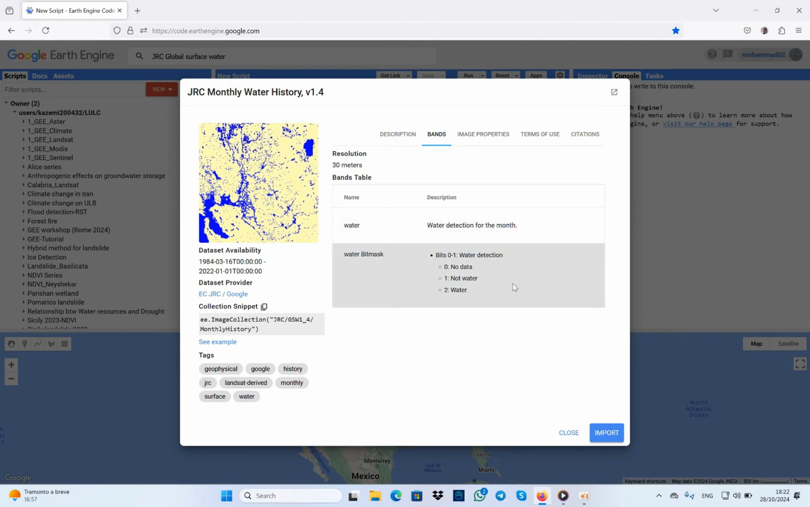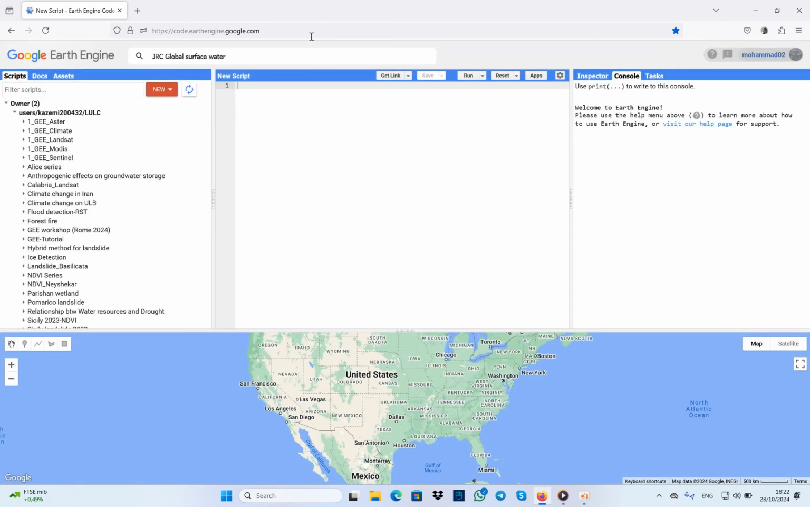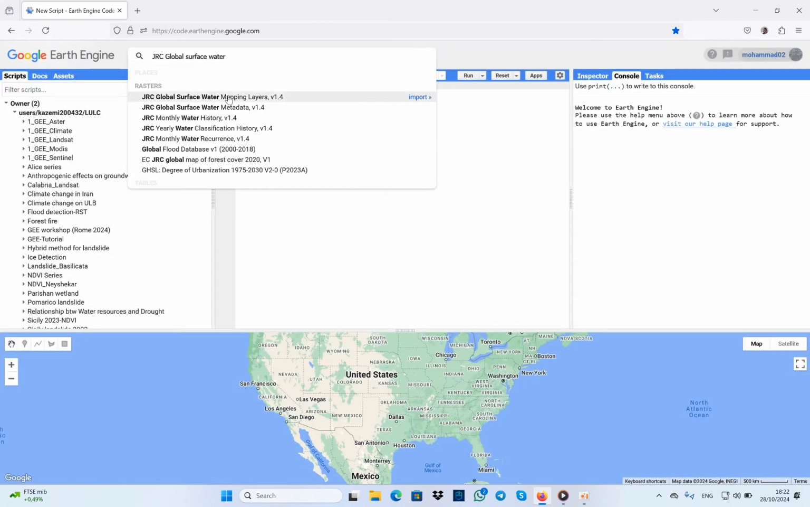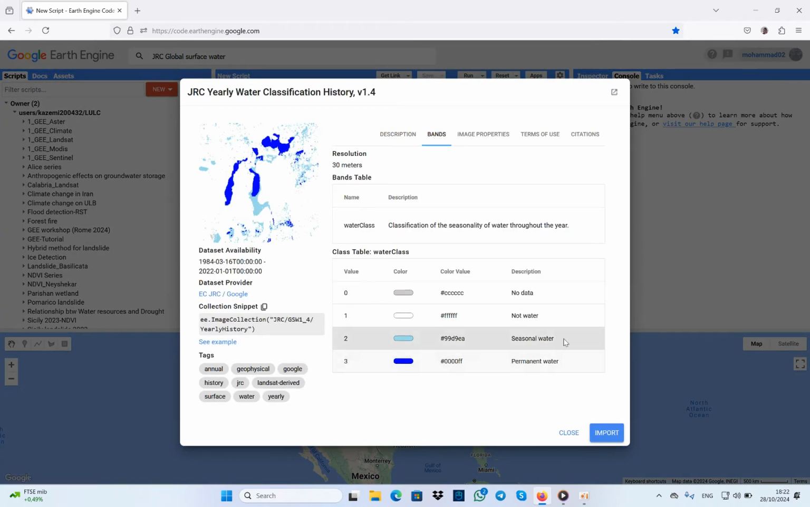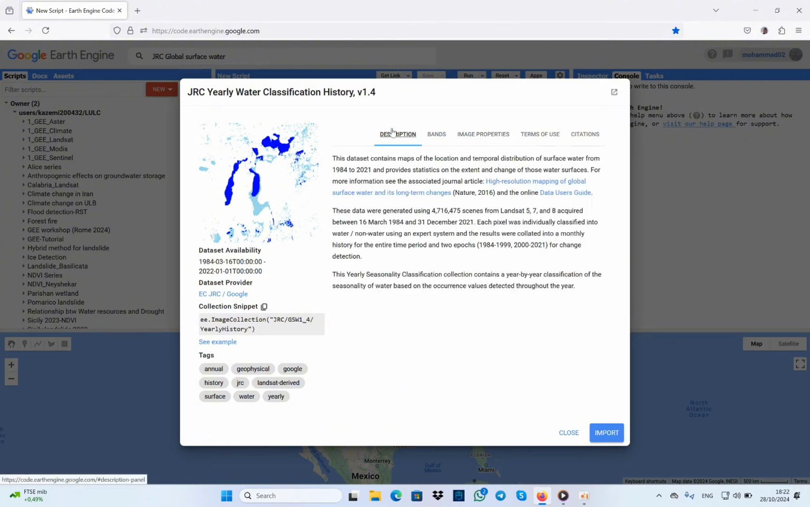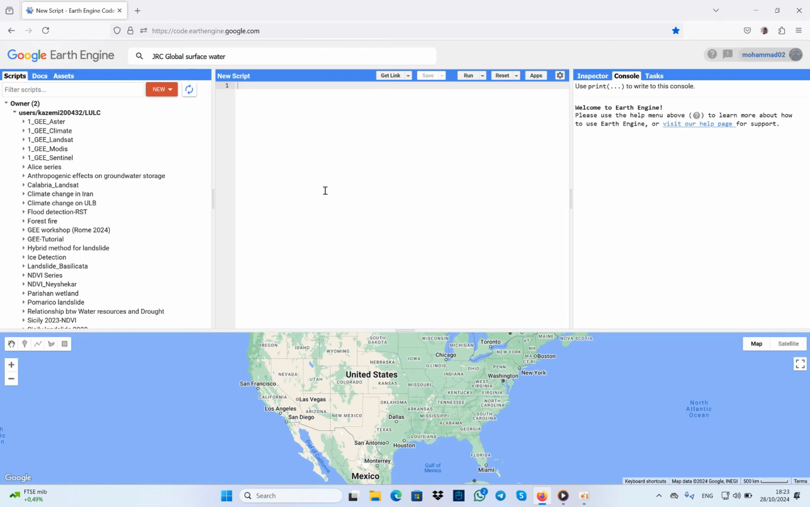for each month, considered as kind of, let's say, a seasonal band that I showed you in the first product that you can see here. Classification history, you can see here seasonal water, permanent water, again from 1984 to the present. All of these products are based on Landsat series images with a spatial resolution of 30 meters